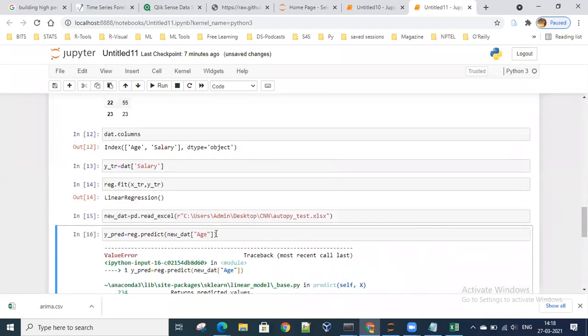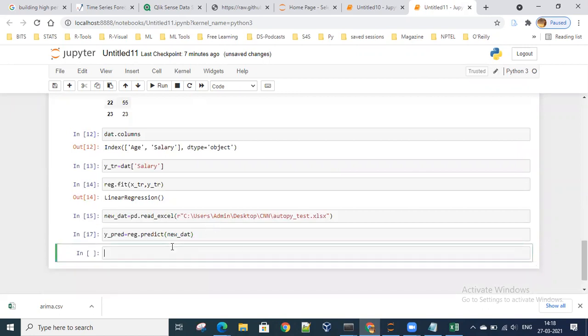Okay. So now I'll say y_pred, convert to a pandas DataFrame, y_pred.